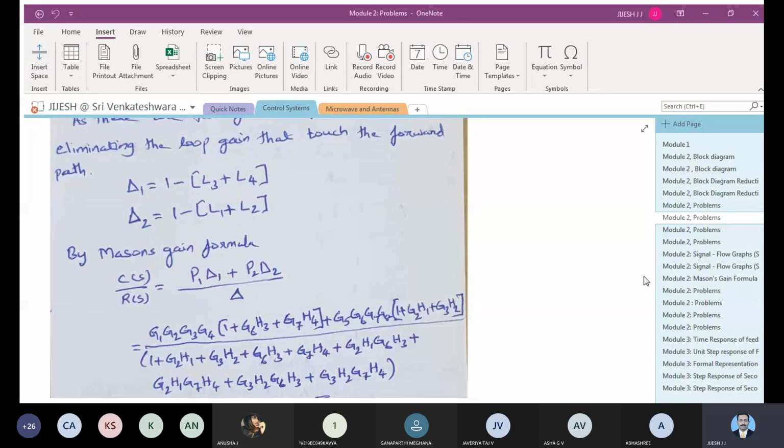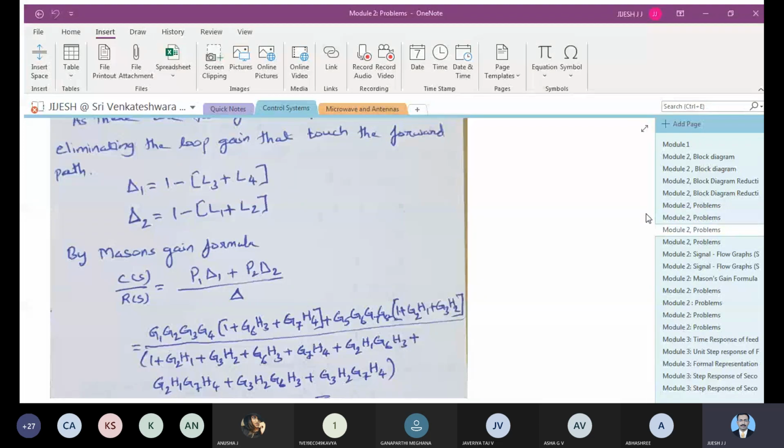This is another problem which we did, that is reduction of block diagram and find the transfer function. Here also you have to understand how the first step has to be carried out, and here you may be remembering that we have discussed the summing point, splitting the summing point. We have split the summing points and then taken the feedback process, and then we have also gone with the blocks in parallel and taken the takeoff point to the other side. So this process is done.